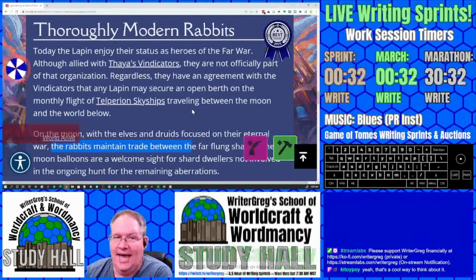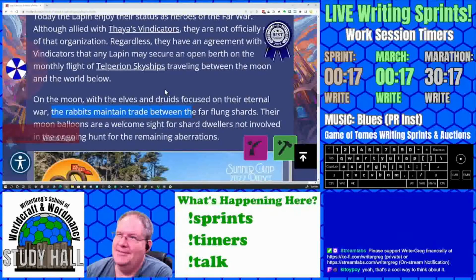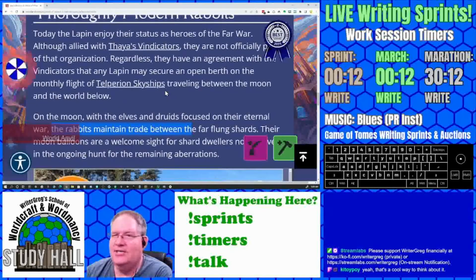Their third act is they have become traders and welcomed people throughout the shards. It's more than first act, second act, third act. That's more like first movie, second movie, third movie. Okay. But yeah, it's like 3 generations.